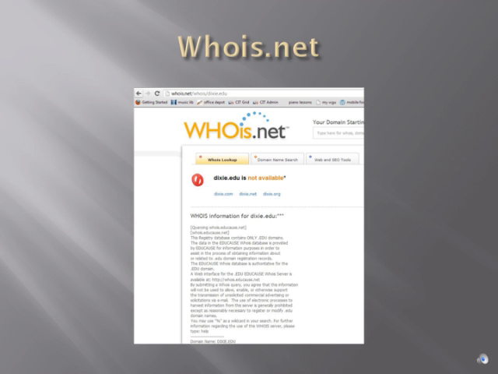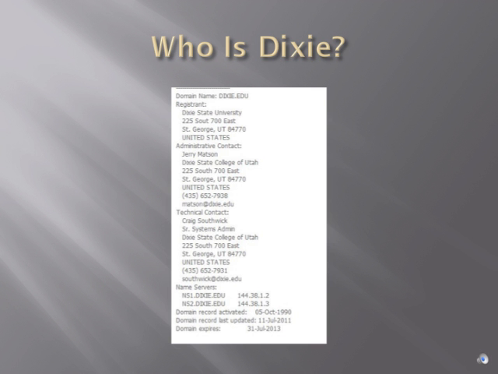So on this whois.net, if I scroll down, I see that Dixie.edu is registered to Dixie State University. There's the address, and look, this has already been updated to show that it's Dixie State University, so I'm happy about that. I go down and I see, oh, there's Jerry Matson's contact information. There's a telephone number for me to get a hold of him. There's an email. If I was concerned, I could email him and say, hey, I got this email saying, oh, we're going to win a free car, but I think it might be a scam, and he could give me information regarding that. I could also get a hold of Craig Southwick.